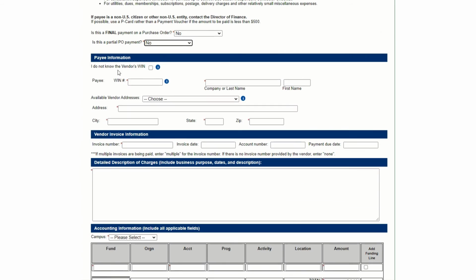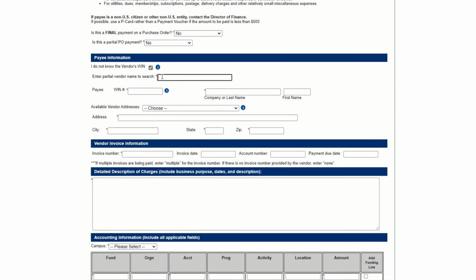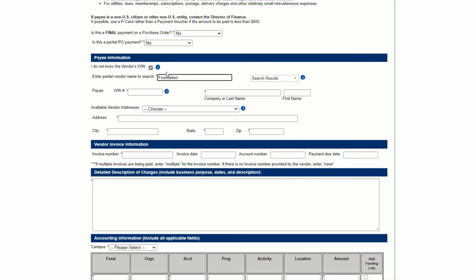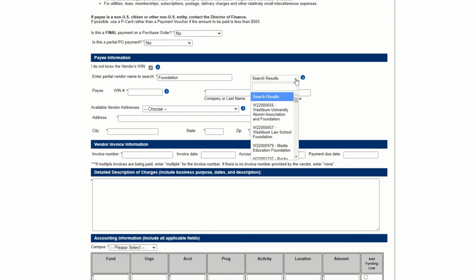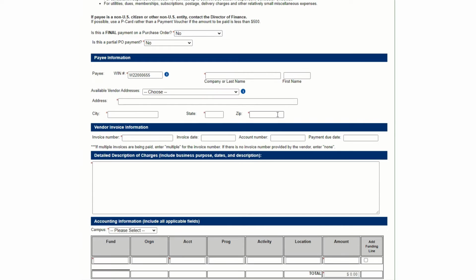Now the next section has to do with who we're going to be paying. If you do not know their WIN number, you click on this box and then you type part of their name and hit enter. And it gives you all the different WINs that are established for something with the name Foundation in it. If nothing came up, that's when you would need to email